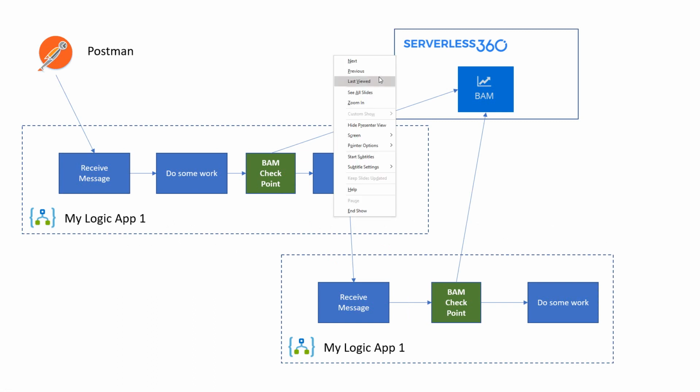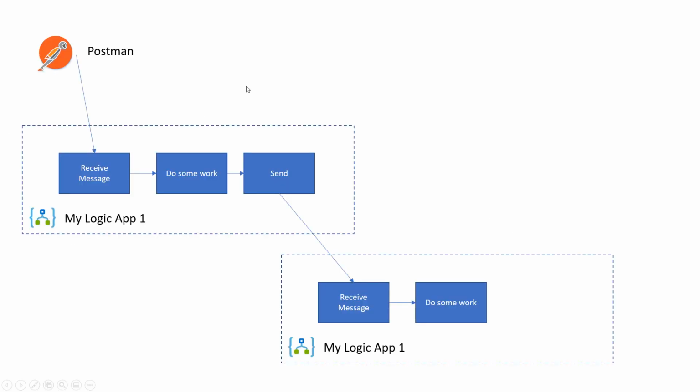Today we're going to look at continuation scenarios. Imagine we've got a logic app 1 and a second logic app at the bottom, which should be called logic app 2. We're going to trigger the first logic app at the top. It's going to do some work, then make a call to a second logic app that's going to continue and do some more